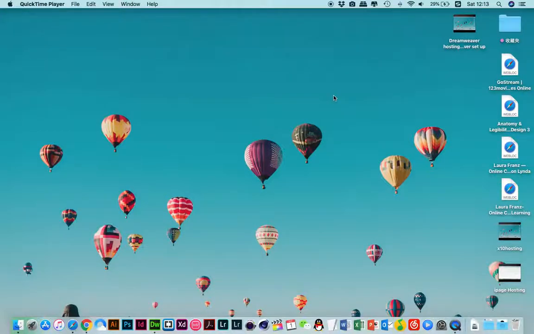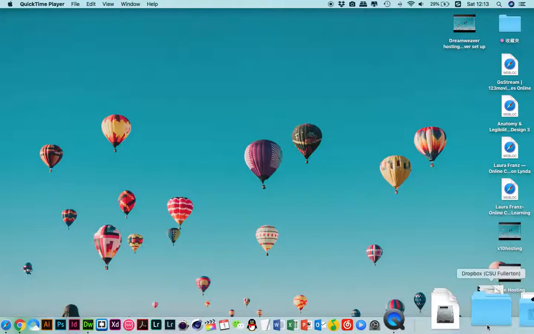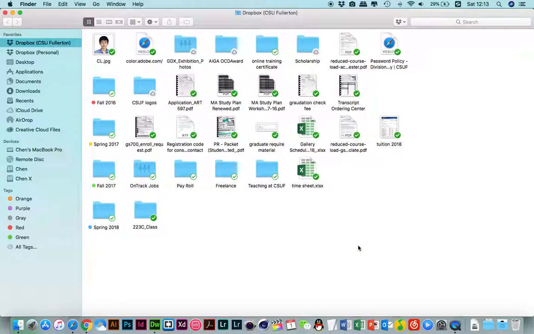For this video I'm gonna introduce you how to set up your index page. So first of all, you need to have your local root folder. For me, I like to save my local root folder in Dropbox so I can access it everywhere on different computers. But for the class, if you set up your local root folder on your laptop, please